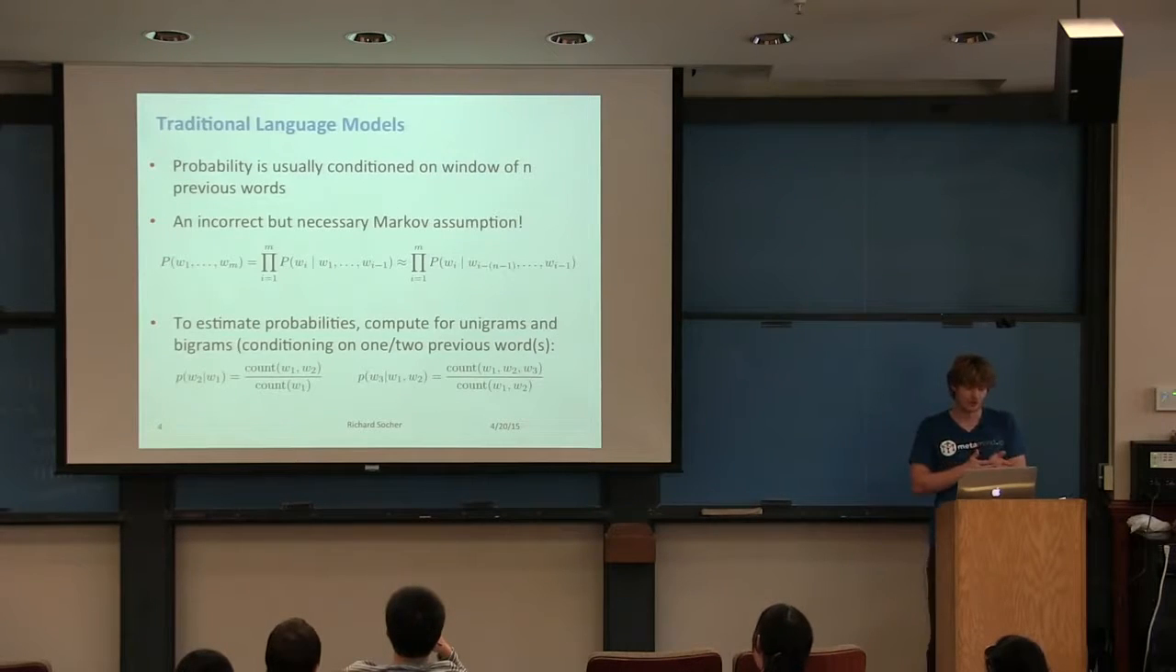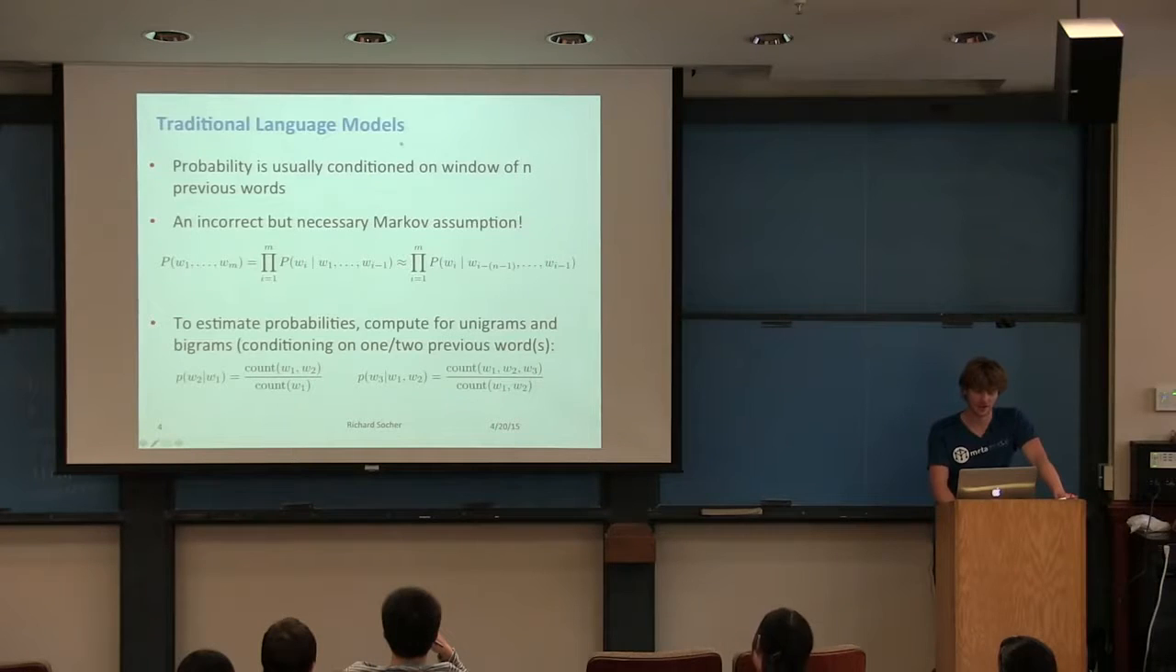All right, so how do traditional language models work? Basically, they condition on a window of n previous words, which is an incorrect but necessary Markov assumption. So in order to get the probability for the entire sequence, we basically take the product of the probability for each of the single words in that sequence from 1 to m. And ideally, we would condition on all the previous words, starting from the first one. But really, in practice, we'll approximate that in traditional language models by just taking a window of the last n